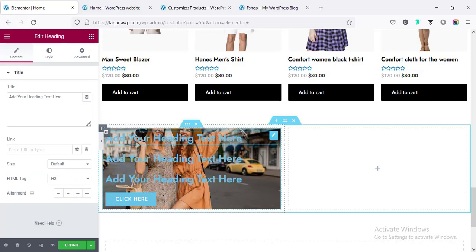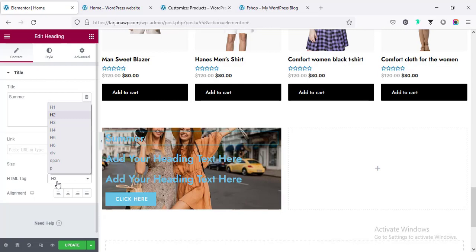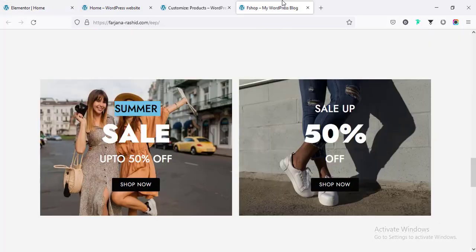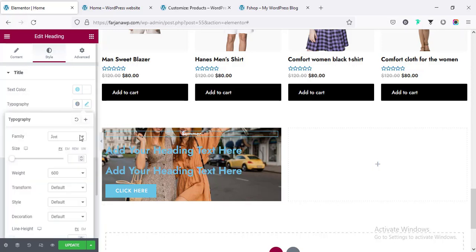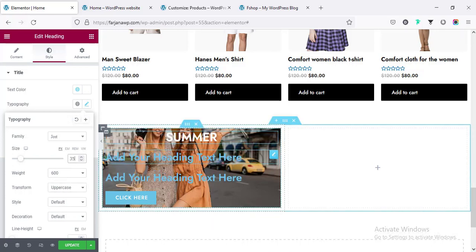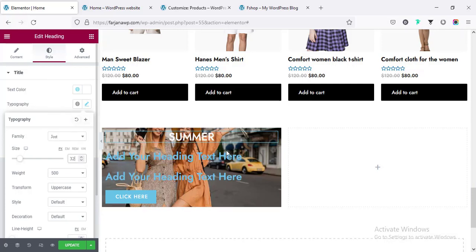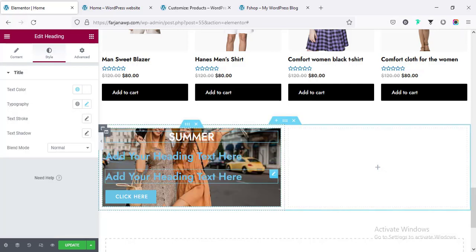And now for the first one I'm going to copy the text, and here I'm making the HTML tag to P and making the alignment to center. From style tab we can change the text color to white, and typography making it uppercase, font size 35. Yeah, looks good. And font weight making it to 500, or making the font size 32, and going to copy the font style